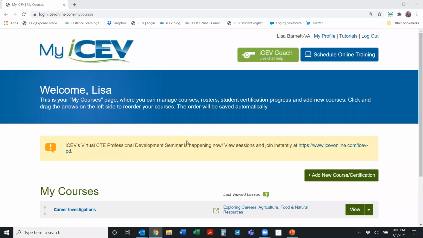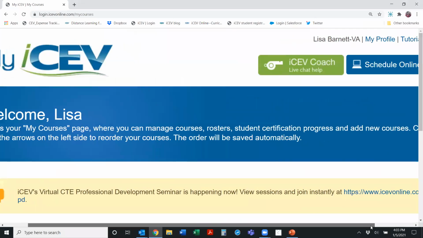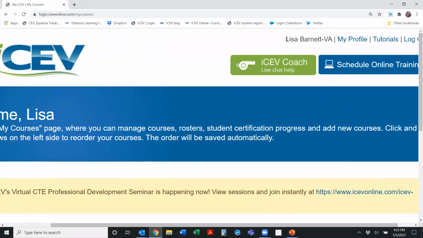First of all, I wanted to show you this opening screen. Now, obviously, I'm using my login, but I wanted to explain that I have chosen to use the state login for Virginia. I manage 4 states. It's Virginia, West Virginia, North Carolina, and Maryland.